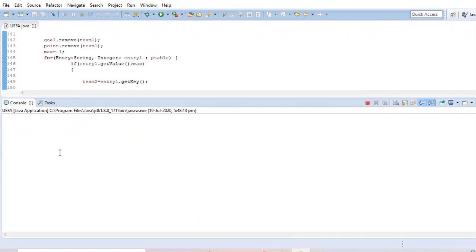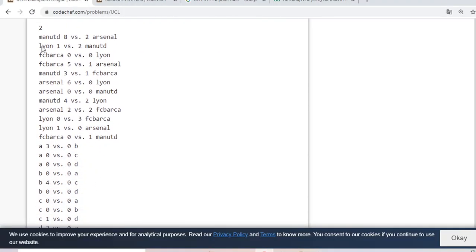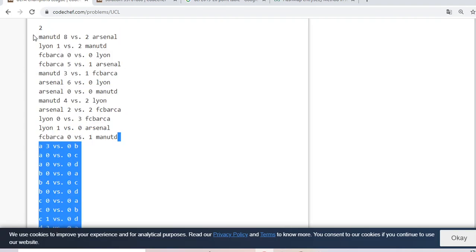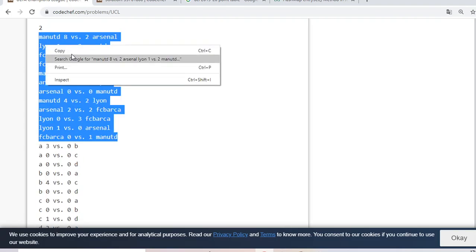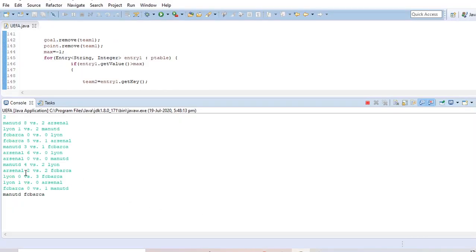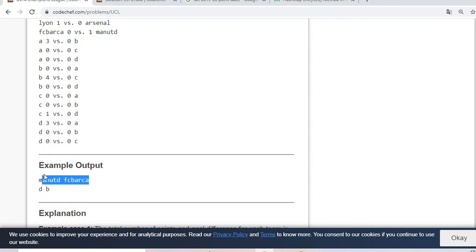The test case is 2 and then the 12 match results will be... I copy it from here and paste. Yes, the result is the same, you can see.